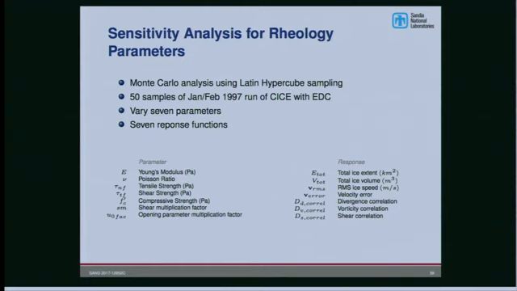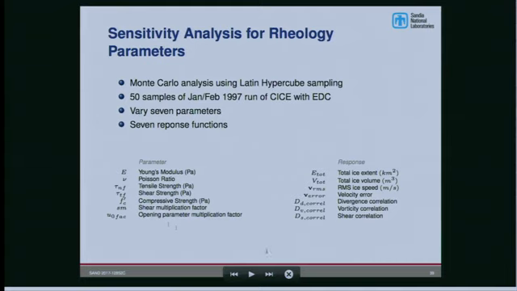So in order to see how the different parameters affect the results we get, we looked at a sensitivity analysis where we varied the following parameters: the Young's modulus, the Poisson ratio, the strength terms. The shear multiplication factor is just a factor. It really didn't make that much difference. It has something to do with the shear strength. So as you vary the shear strength, that really incorporates what this would be. And then the opening parameter that I had mentioned before.